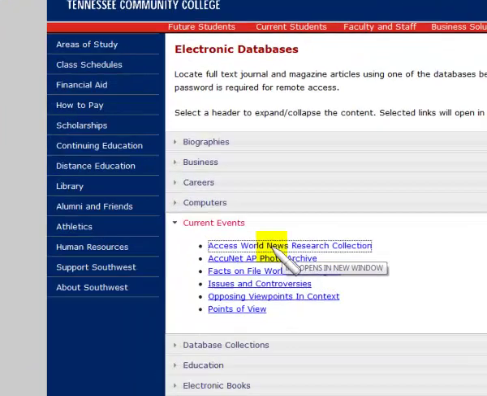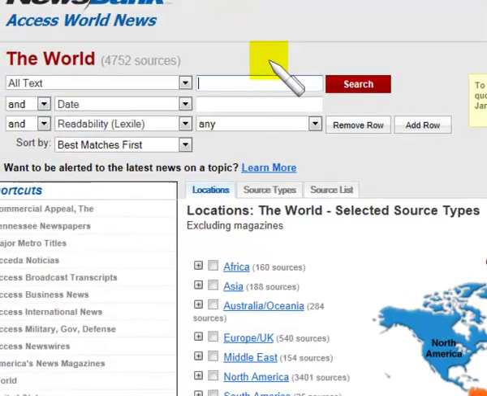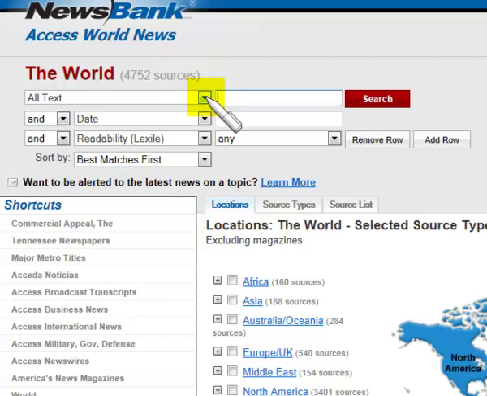So I want you to see Access World News Research Collection. This is our largest newspaper database. So we are opening it up again. I need you to click on the down arrow and change this to headlines. And now we will type in food service trends